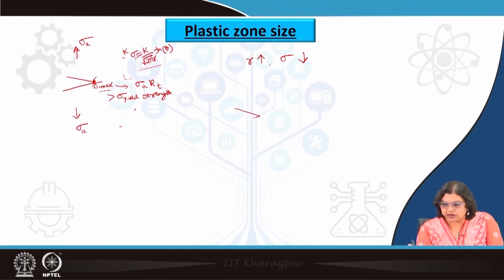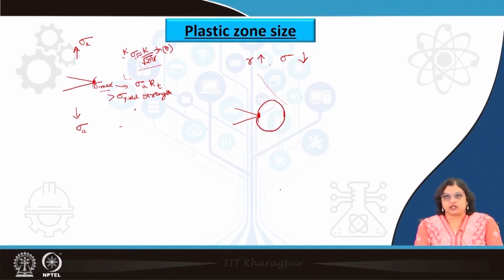So, if we have a crack and there is this plastic zone starting at the tip of the crack, up to a certain distance this plastic zone size will be valid. After this there will be only elastic deformation, and the stress value will keep on decreasing like that. So, eventually we would like to figure out up to what radius or up to what size this plastic zone will be valid. To find that out, we can simply